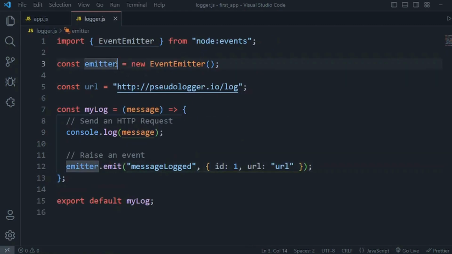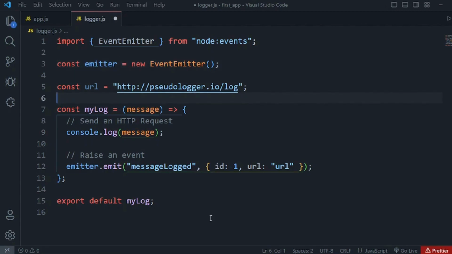So that's why I told you in your applications, it's very rare that you would want to work with this event emitter directly. Instead, you want to create a class that has all the capabilities of this event emitter, but it has additional capabilities. In this case, we want to create a class called logger that has this additional method,